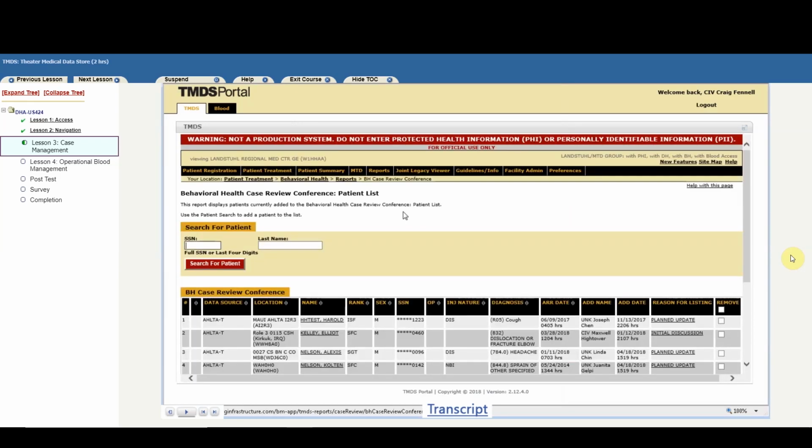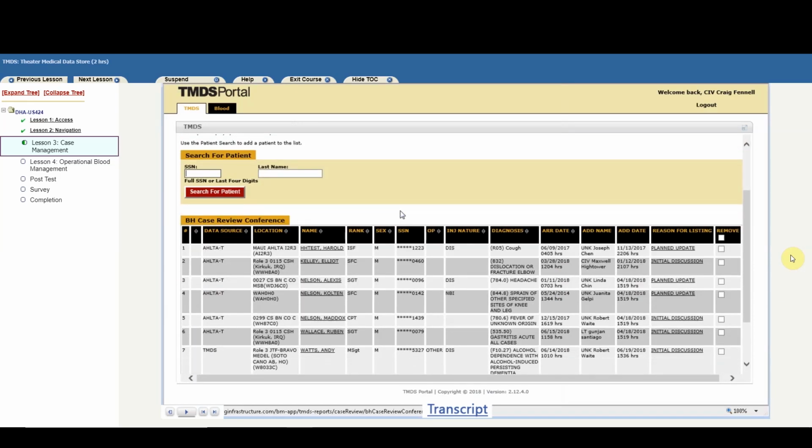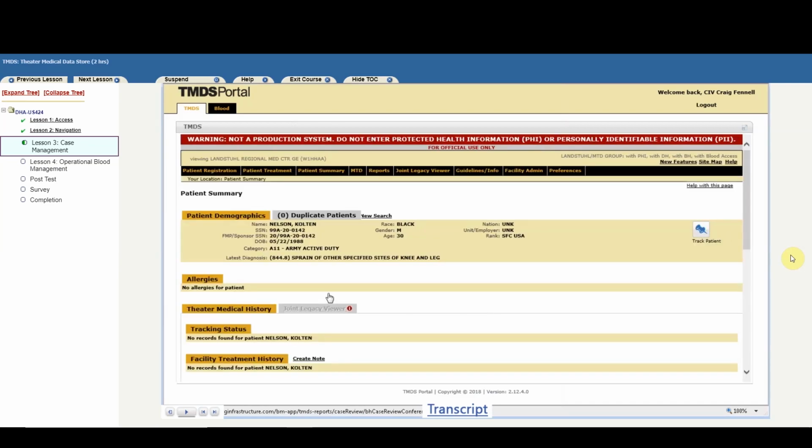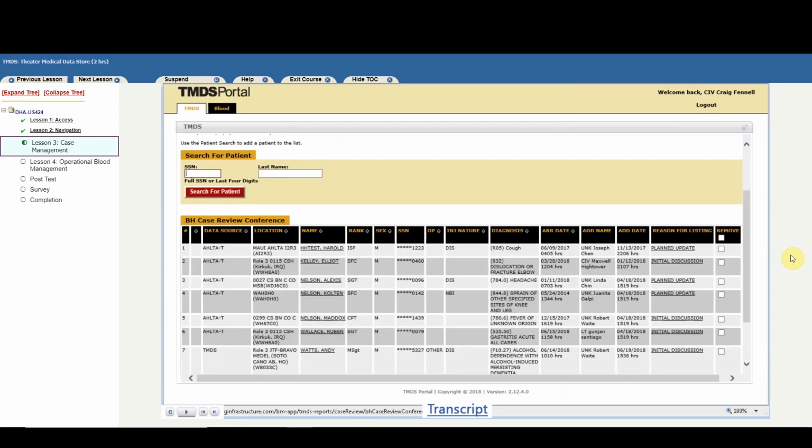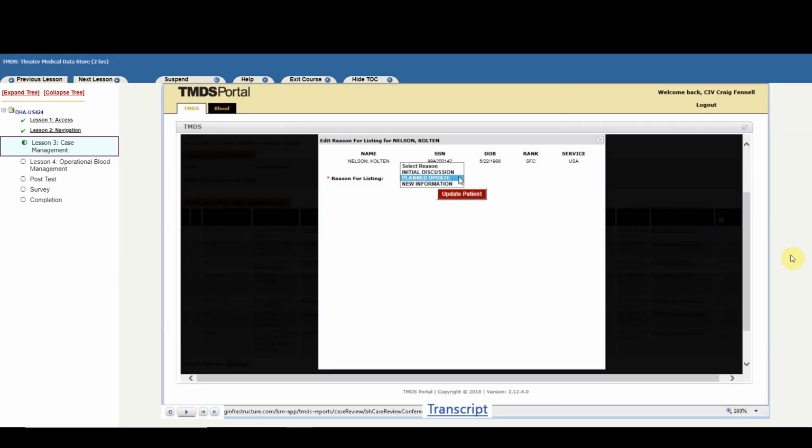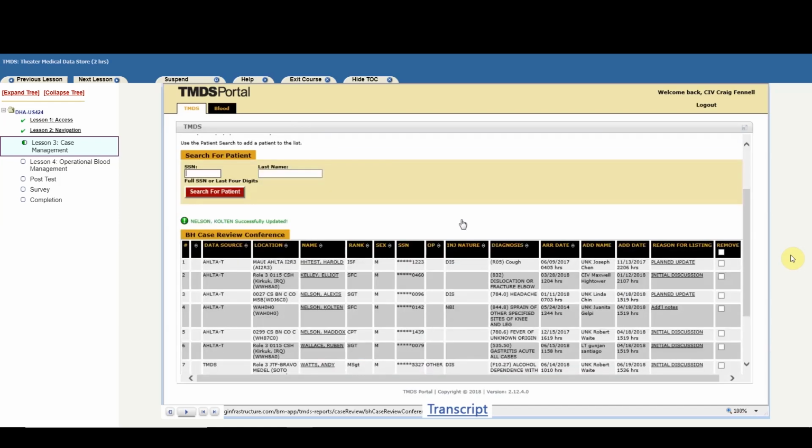It displays patients currently added to the patient list to use at joint case review conferences. Clicking the name of the patient opens their patient summary page. Click the Reasons for Listing link to update the patient's record by selecting a different reason. To add another patient to the list,